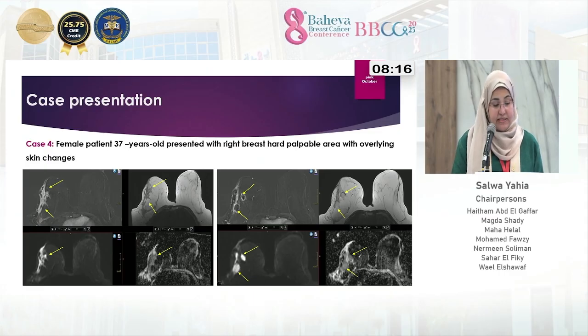Female patient, 37 years old, presented with right breast hard palpable area with overlying skin changes. Dynamic MRI showing right breast upper outer quadrant regional area of heterogeneous non-mass enhancement associated with multiple ring-enhancing lesions, corresponding on T2 weighted images to areas of high, intermediate to high signal intensity with central areas of diffusion restriction,